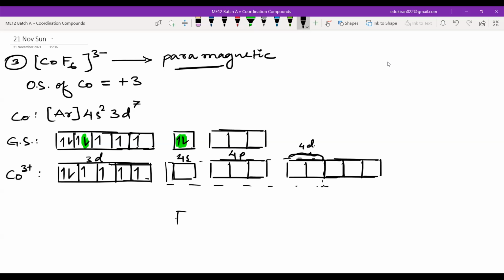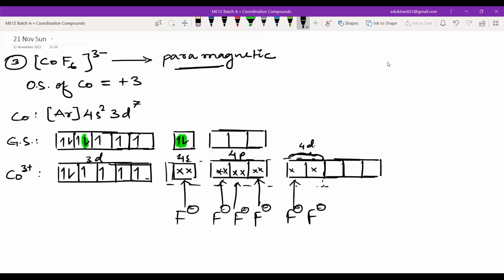And here you will have fluoride: F negative, F negative, F negative, F negative, F negative, F negative. So we have got the 6. Each can fill its 2 electrons here. So why 2 of 4d? Because we have only 6, so where will the electrons go then? One of the fluorines will give its 2 electrons to the 4s. The next 3 will give to the 4p, and then we have the remaining 2. Where will they give? The next is 4d. That is why on 4d. Got it?